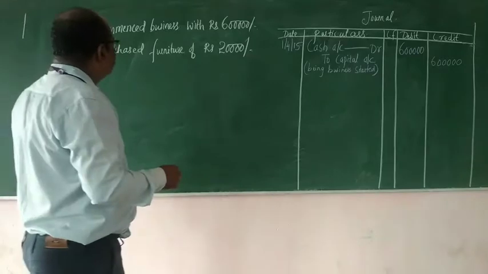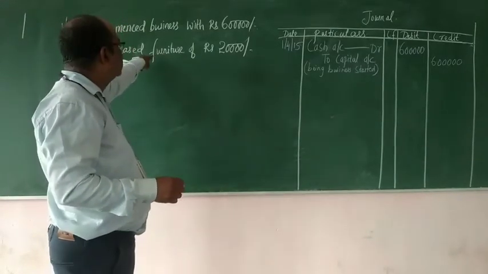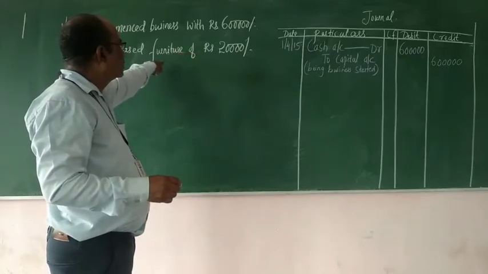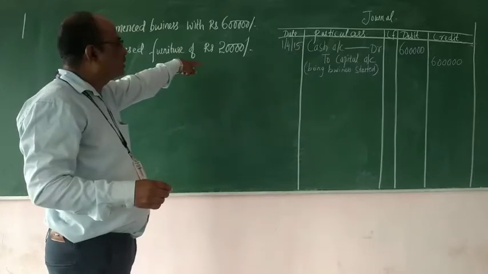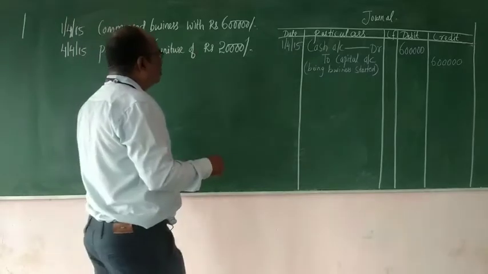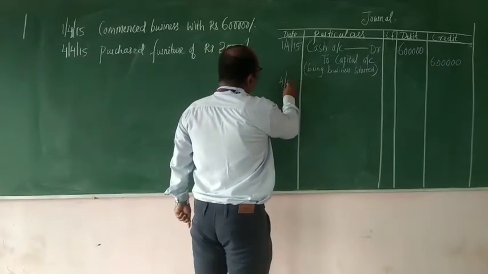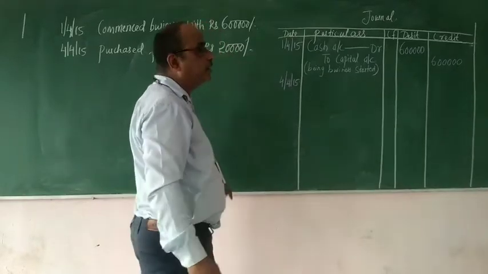So now in this transaction, you make it in the mind. Furniture account is a real account, cash account is a real account. Furniture comes in, cash goes out. So furniture account is debited, cash account is credited. So we will put it in the journal. So ultimately, why are you deciding the debit and credit? Just because you want to write that in the journal.